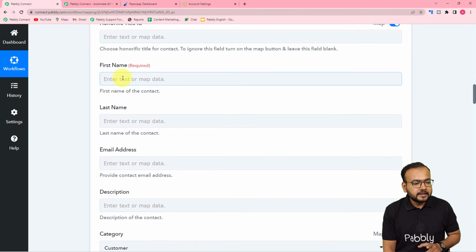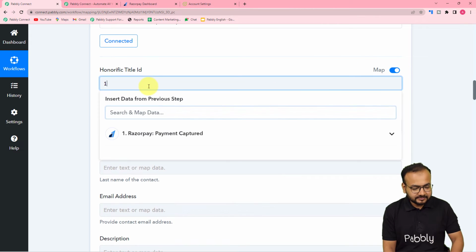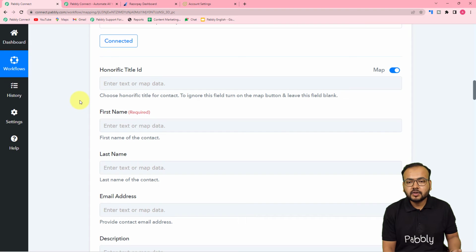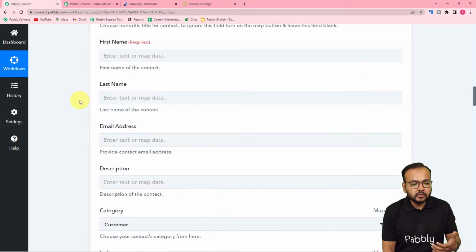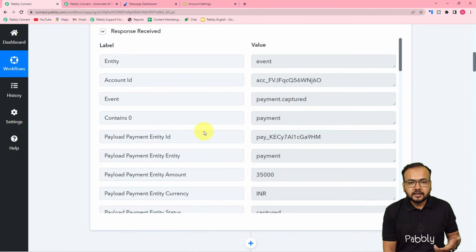Okay, and here, why I have toggled this button to on, because if you turn it off, it will show you by default Mr. as the title. So it will not look good if a woman paid us something. So just toggle this on and erase this and leave it blank, and then it will ask for the first name and the last name and the email address and all other things of the contact that we want to save in Flowlu. So guys, I'm going to use this test data that I have received here from Razorpay,